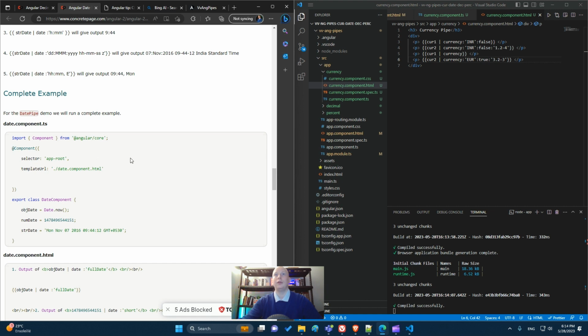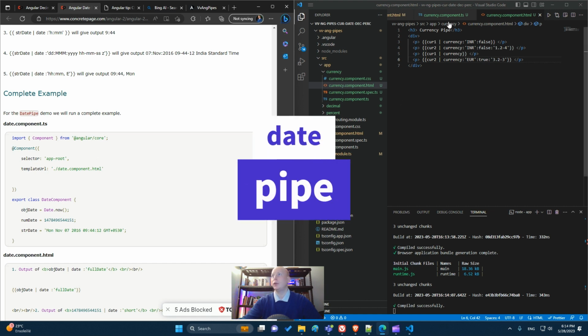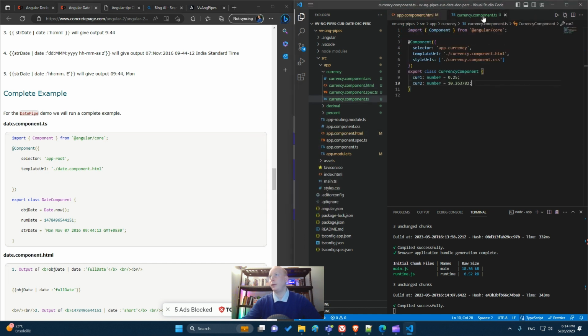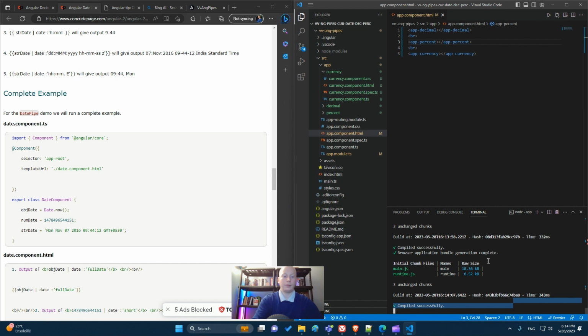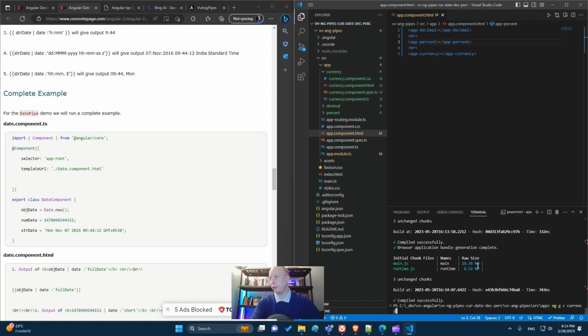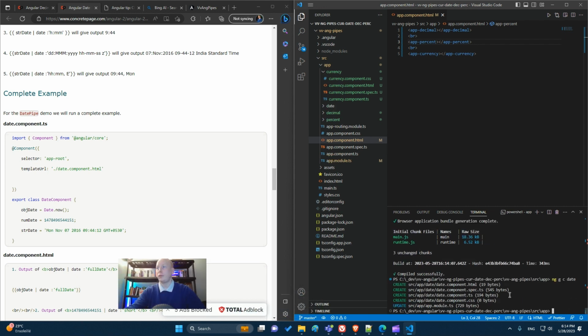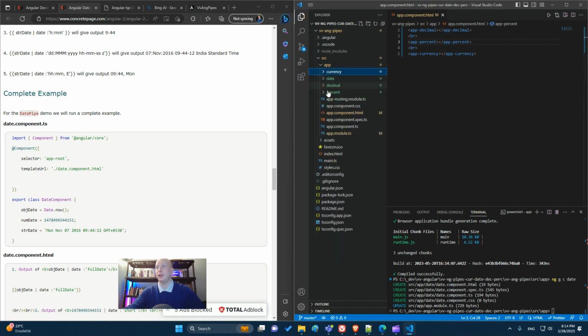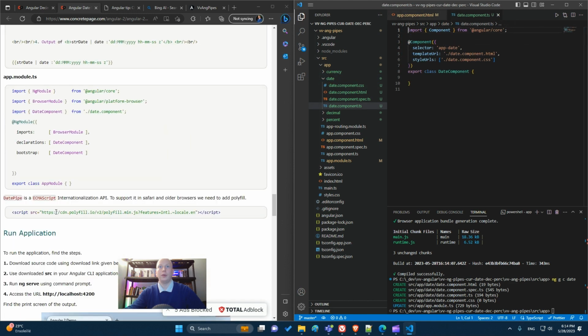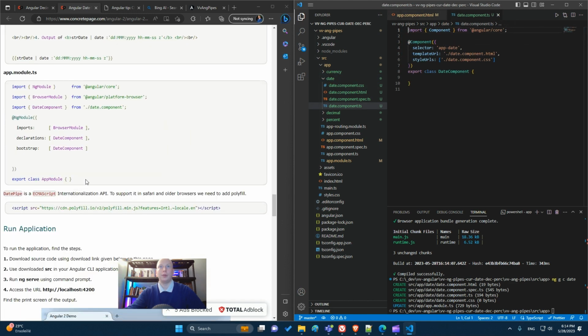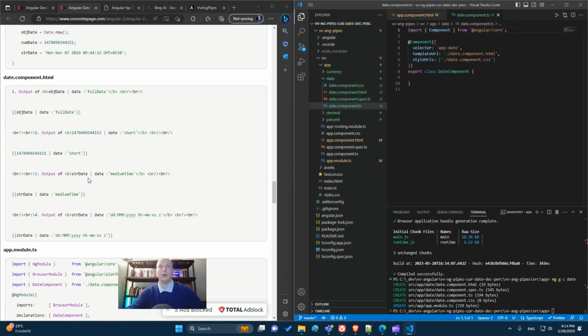date pipe. So let's close the currency pipe. Let's create a new component for the date pipe. Okay, it's created. Let's go to the date pipe. So for the expression, here it's a bit different.